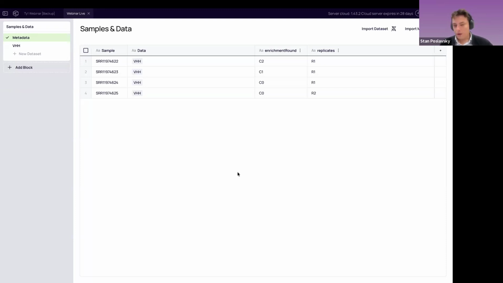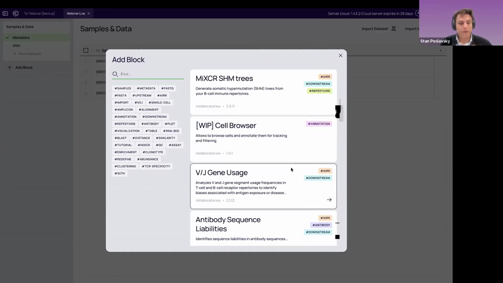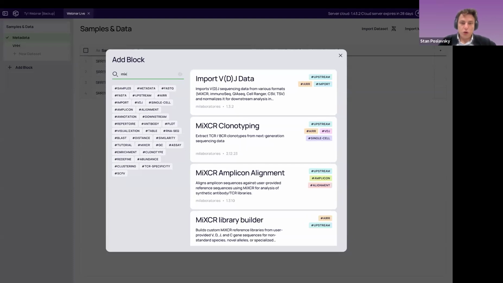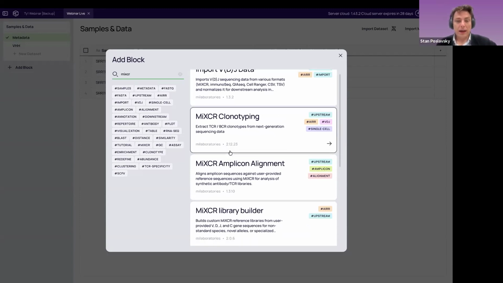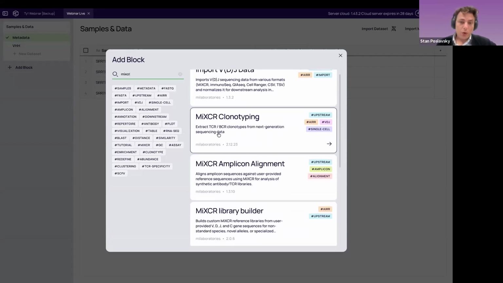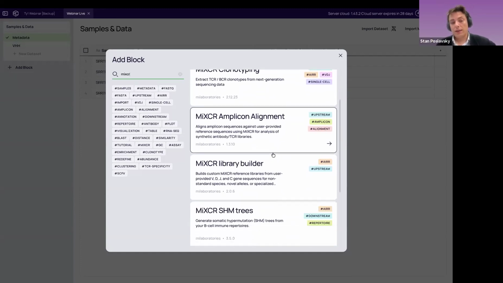FASTQ files. The first step of the pipeline is to annotate our raw sequences and build the antibody clonotypes. I click that block, and here you see a set of applications or blocks that we have for various biological purposes. Specifically to extract and annotate the clonotypes, we have a set of apps, a set of blocks based on the MiXCR tool. The one that I'm going to use today is MiXCR clonotyping, although we have options for, let's say,